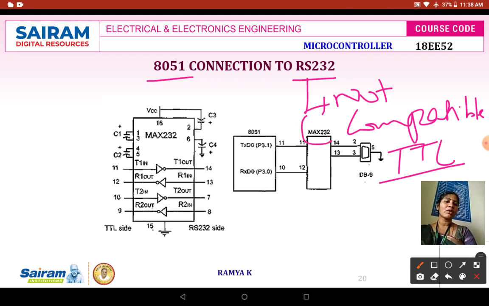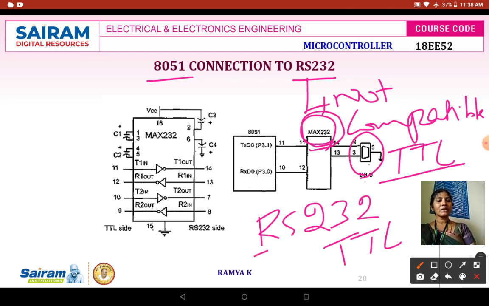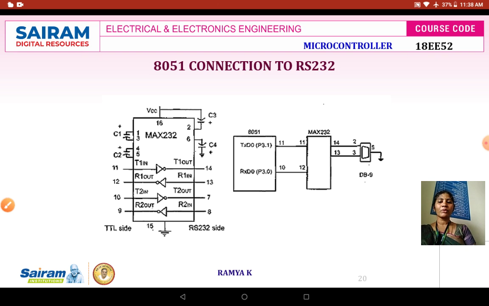You have to convert this RS-232 voltage level so that it is compatible with your TTL device. Then only is it possible for us to work. So we need to drive this RS-232 with a MAX232 chip to convert the RS-232 voltage level so that it is compatible with TTL. One more time I will repeat.